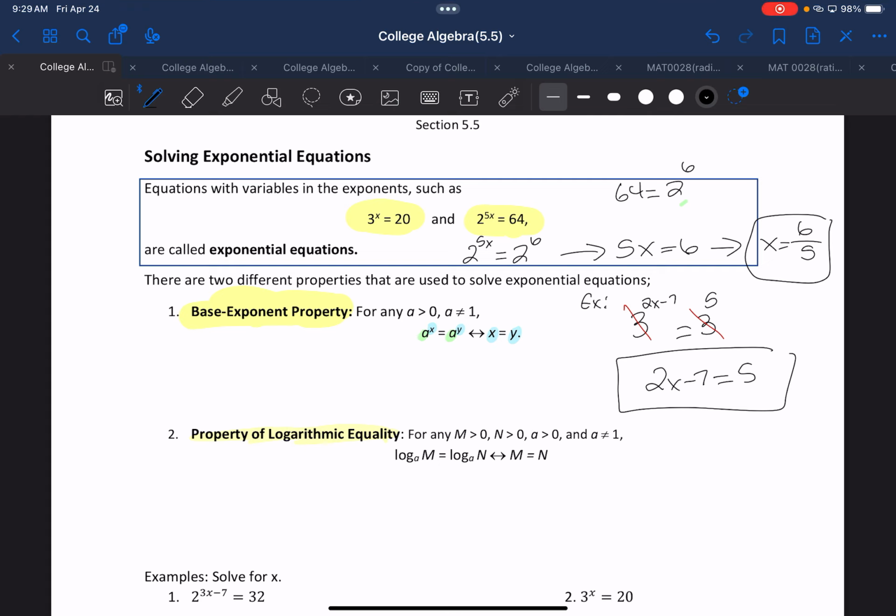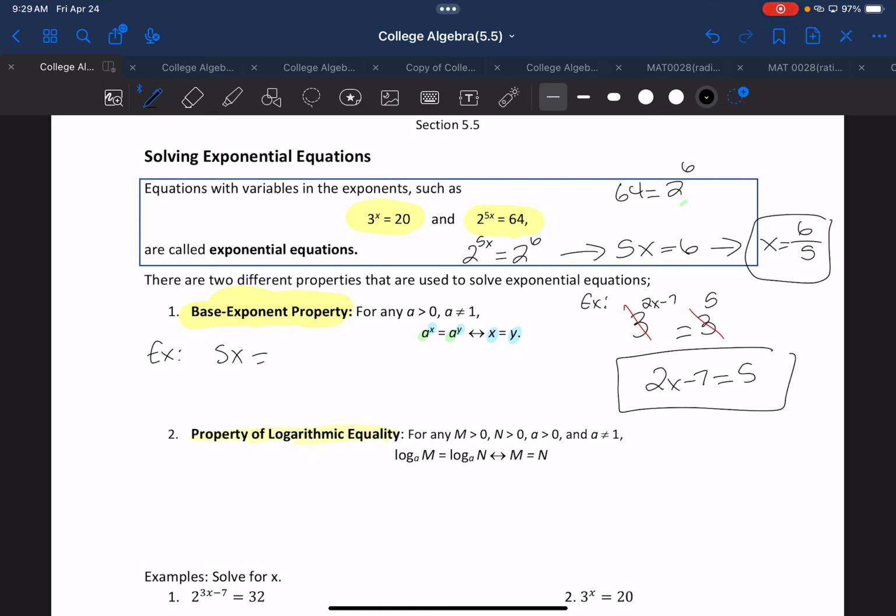For this one, I do want to say that these properties work going both ways. So for example, and you'll do this if you go on to higher math courses, if I had, well, I'll just make up an example, if I had